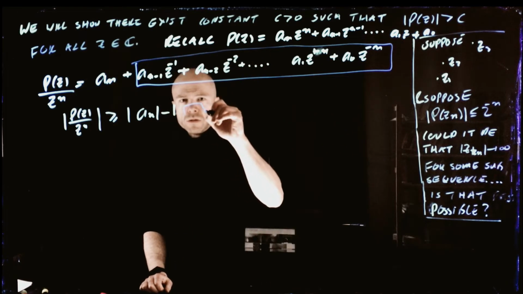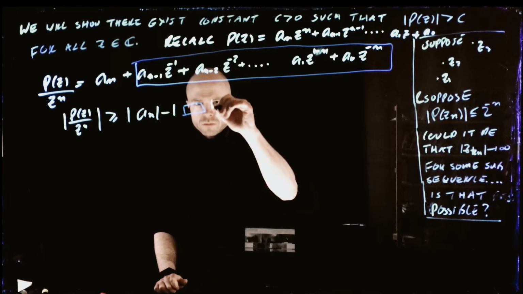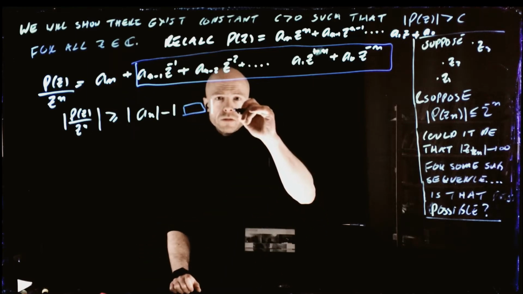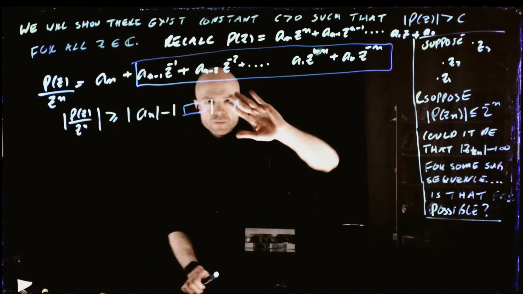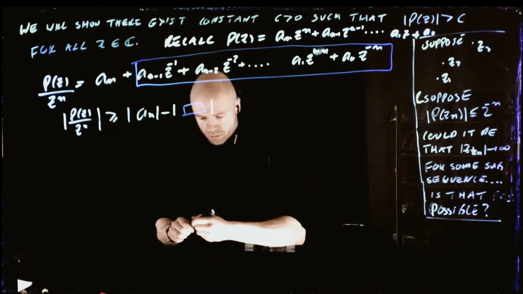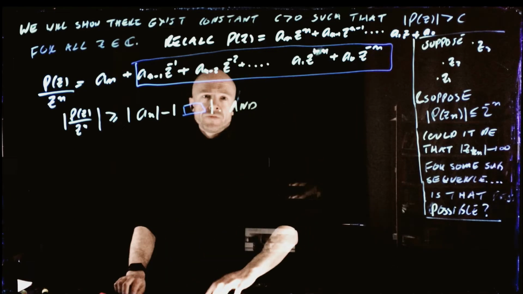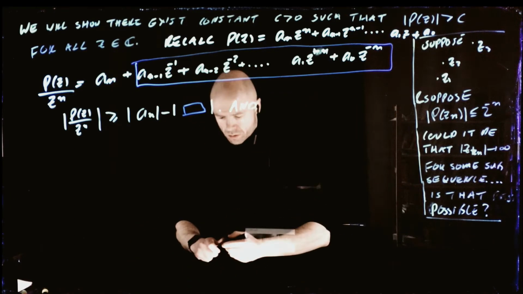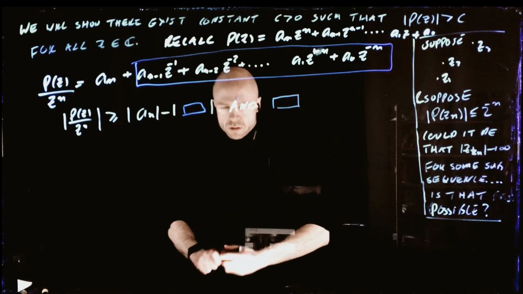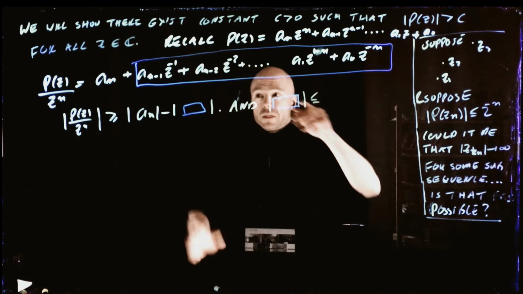Stuff in the blue box. And the absolute value of the stuff in the blue box is less than the absolute value